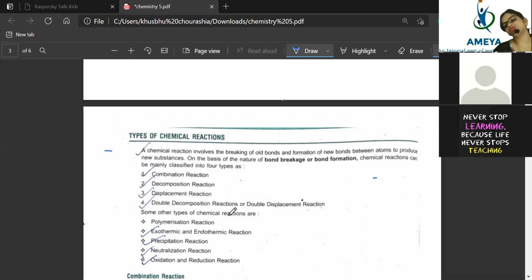I hope you have understood latent heat better now. Fine. Now let's go to the next point, that is types of chemical reactions. So how many types of chemical reactions are there? Combination reaction, where two or more substances or chemicals combine together to form one. A simple example: I'm taking tea leaves and water, I'm making a cup of tea. I added so many ingredients, I made 1 cup of tea. That is a case of combination reaction.